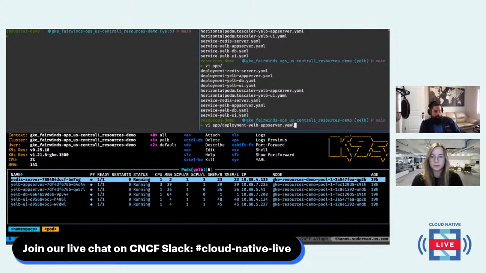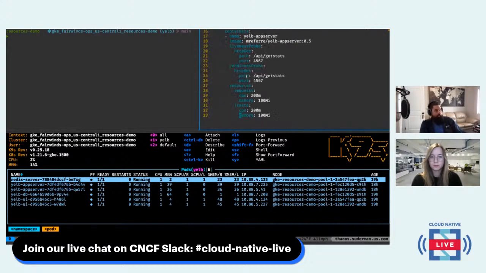So that's the back end for this application. It tends to have the most dramatic swings in resource utilization with traffic coming into the application, which is why we're going to focus on that. And if we take a look at that and we scroll down to the resources section,